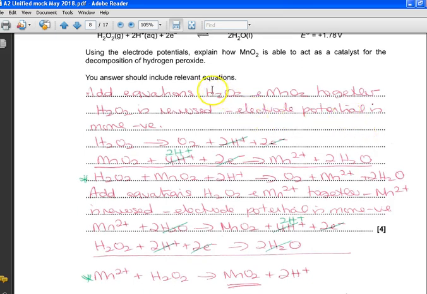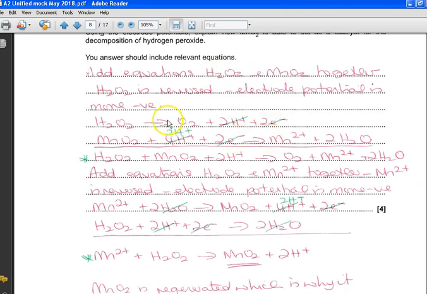So if we look at hydrogen peroxide and manganese dioxide, add those two equations together, cancel out what is common, and then come up with your final equation there. We've got hydrogen peroxide, manganese dioxide, and then we've got manganese that has been reduced here to manganese 2 plus. So then if we add the equations of hydrogen peroxide and manganese 2 plus together,